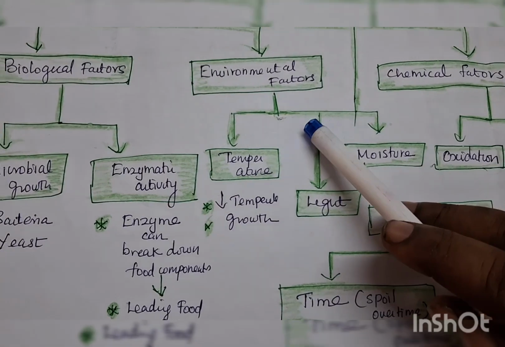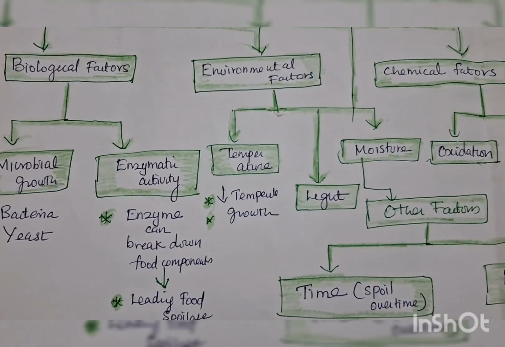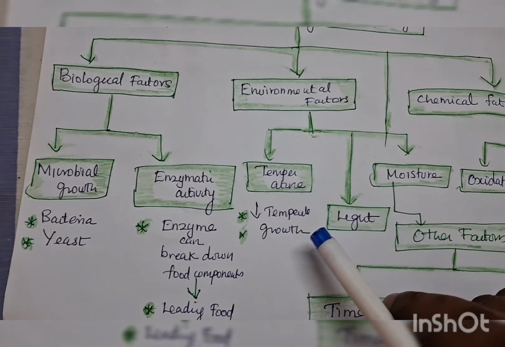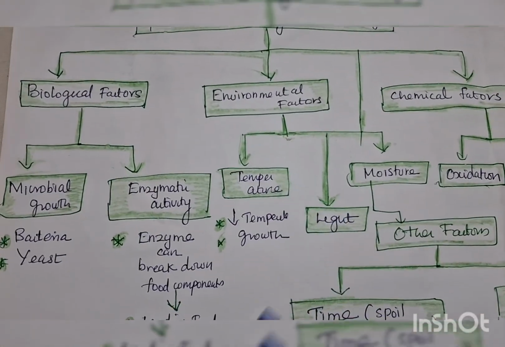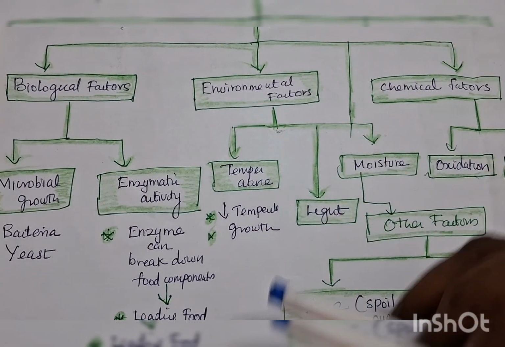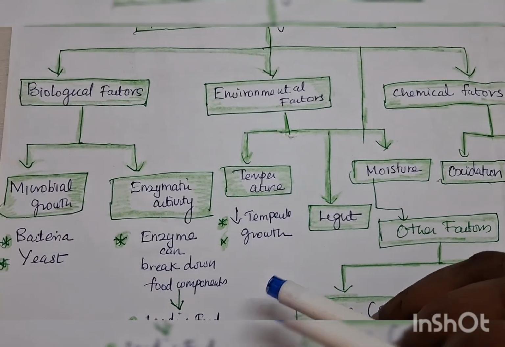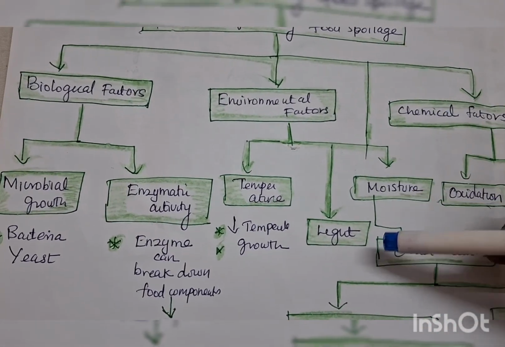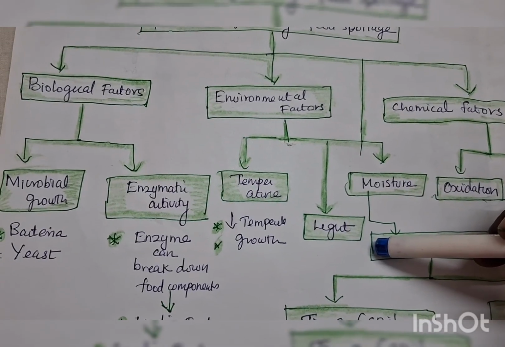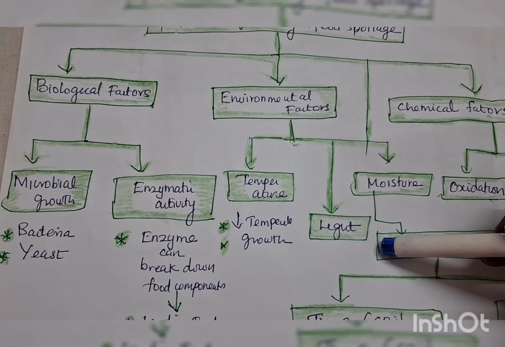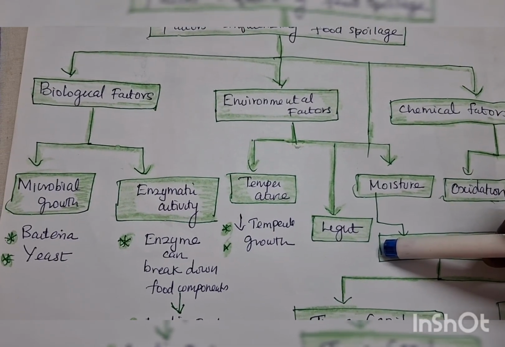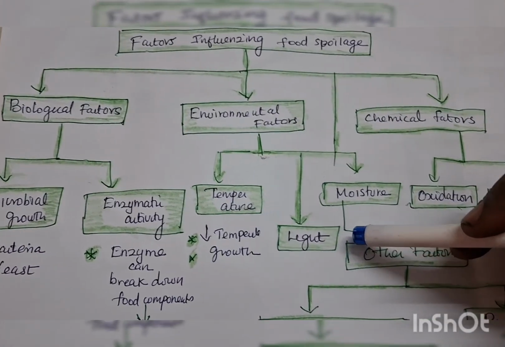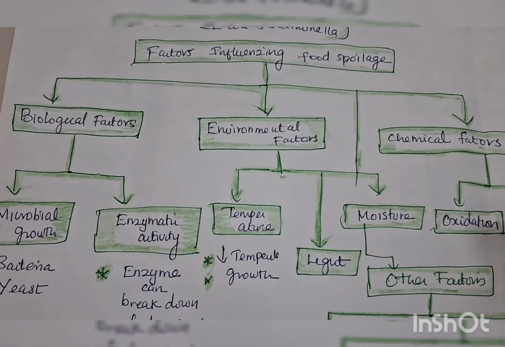Next is the environmental factor, temperature. For example, you are keeping the food in the refrigerator. Sometimes the temperature goes on and off, the fridge current goes and comes, and the temperature goes up and down. With a rise in degrees of temperature, there will be increased growth of microorganisms. About exposure to light, you might have seen your mother keep pickle in the sunlight, which is very good to kill microorganisms, but with no exposure to light, again there is more chance for spoiling of the food items.